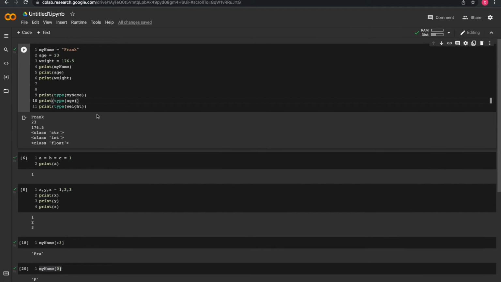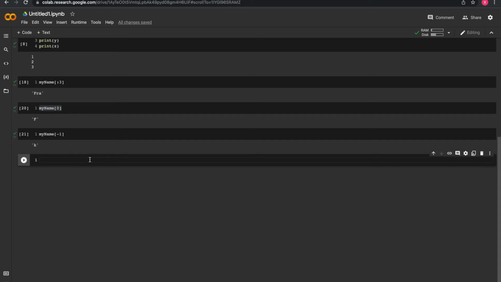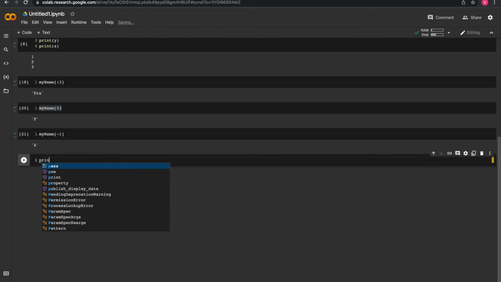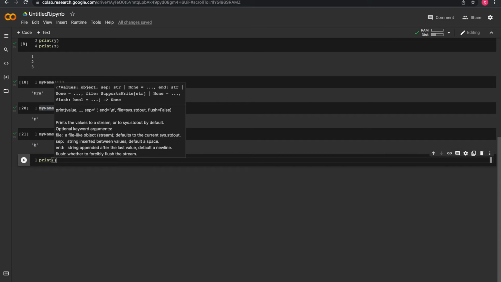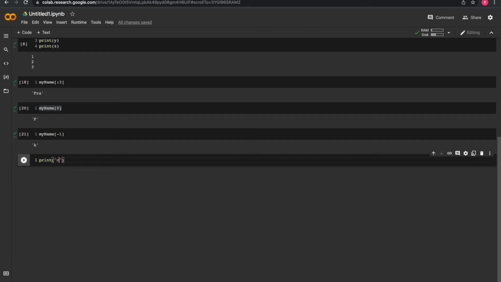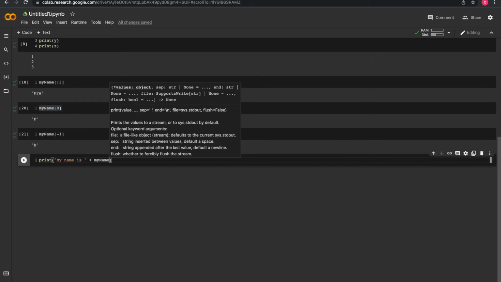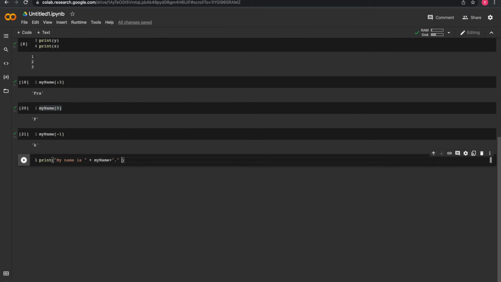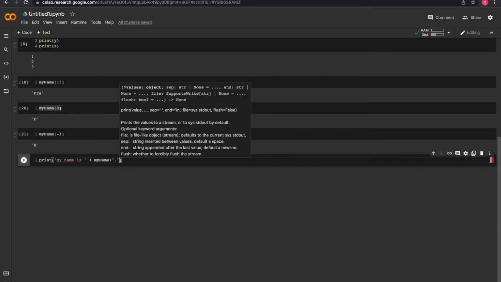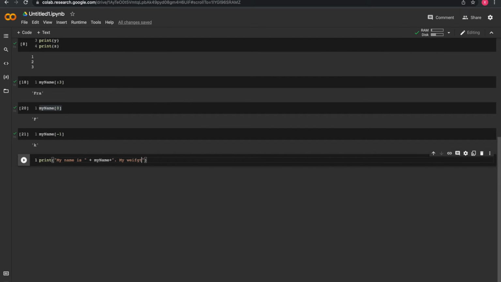Okay. Concatenate two strings, or better off, let's just remember these three variables that we created from the beginning. Let's concatenate in just one sentence. Okay. So for example, we're gonna say print, and then in between double quotation, my name is, then we're gonna add plus, we're gonna concatenate two strings, and my name is, and then we're gonna put the variable my name, followed by a period, and then my weight, here inside, my weight is,